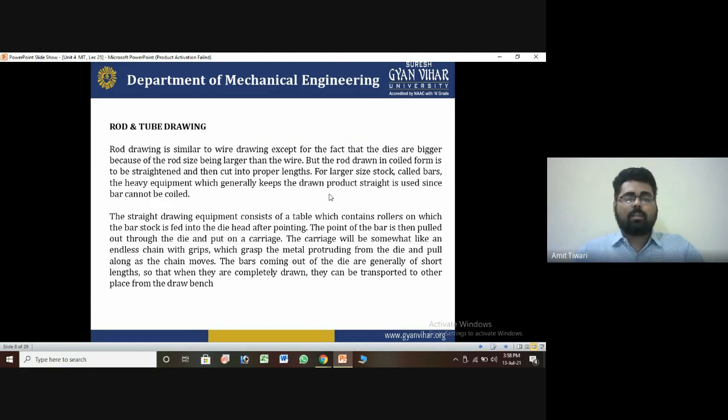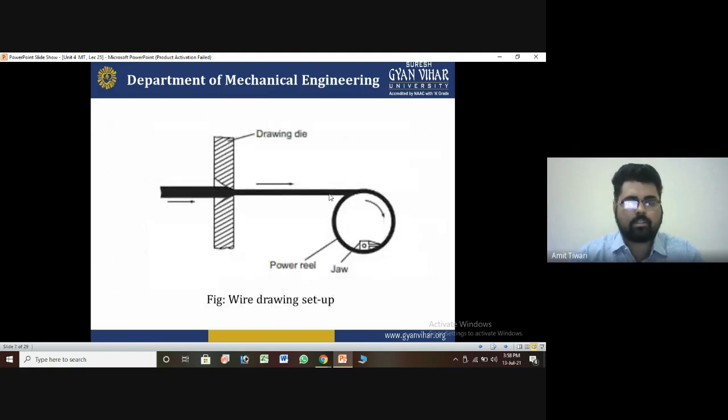So this is basically the working of rod and tube drawing, which is a very commonly adopted type of working. These are some characteristics we have to adopt to understand the principle of rod and tube drawing. It is very simple, a simple working of the rod die, because the other workings are similar to it.